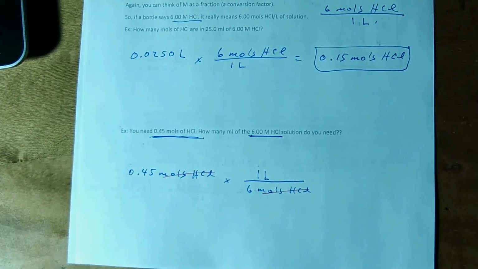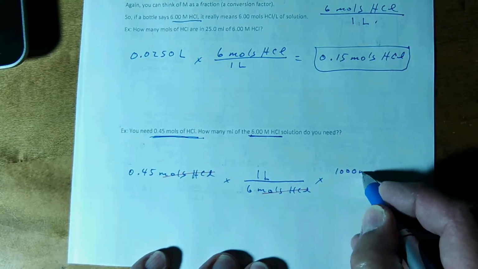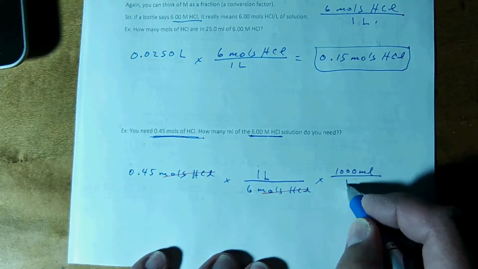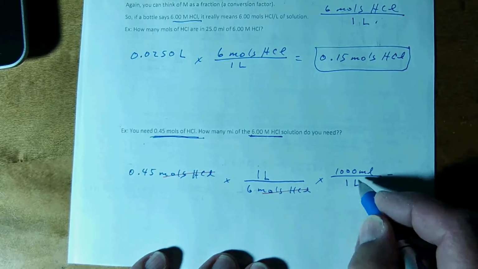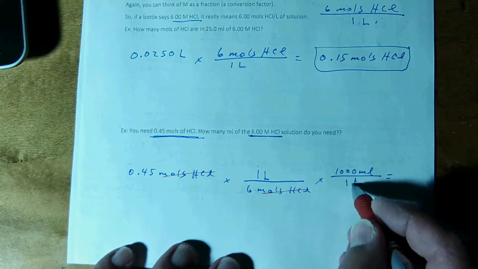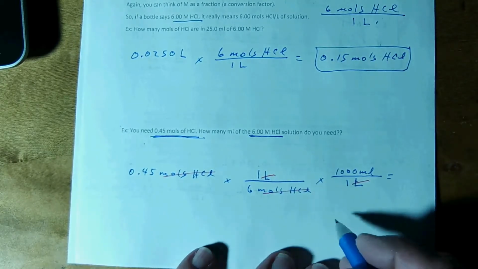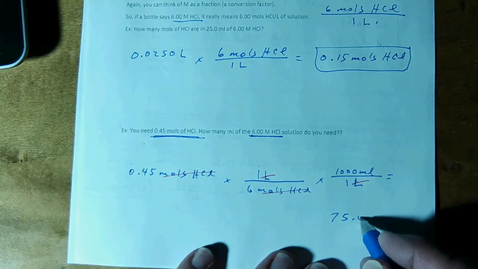Oh, it's asking us for how many milliliters, so we'd say, oh, there's 1,000 milliliters for every 1 liter. And you can see how liters cancels out. And your answer here is 75.0